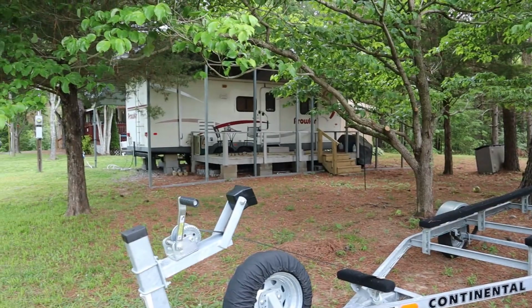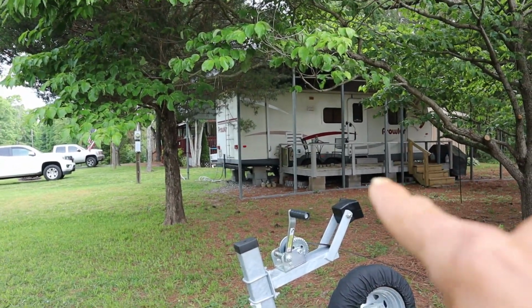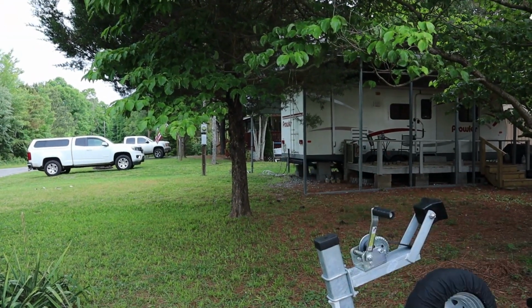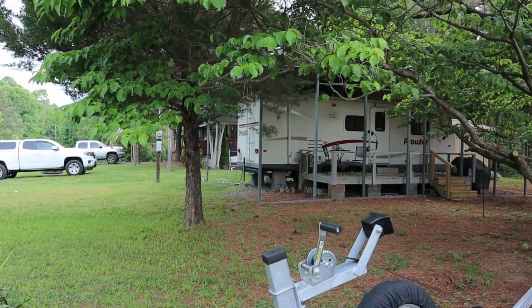Now, I do apologize about any background noise. As you can see, we've got a little community up here. There are other neighbors, though they don't hear very often. There's a guy over there in the middle of building a cabin, so you hear some saws and some drills going on,